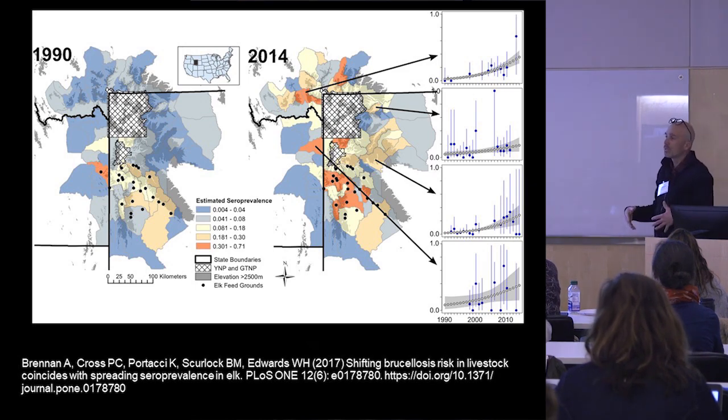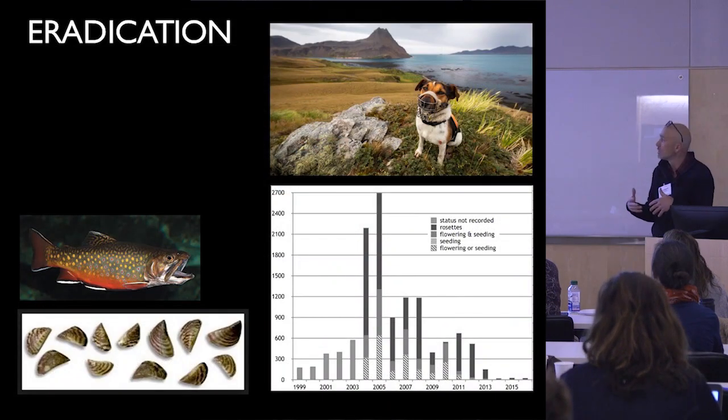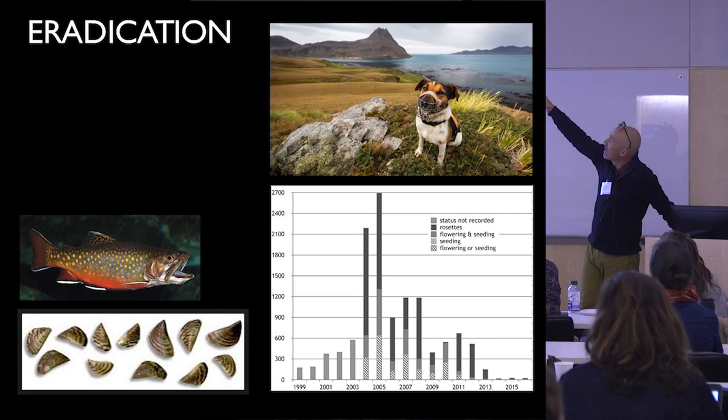Okay, so the last one is our eradication efforts, and I think it's some of the coolest and most hopeful sort of stories that are there. This is one of the dogs who was involved in the eradication on South Georgia. He came from New Zealand, where